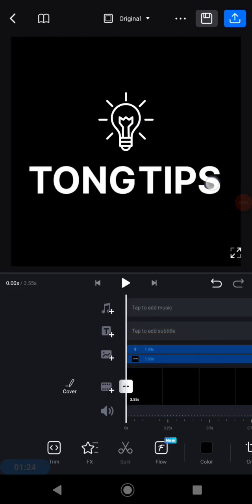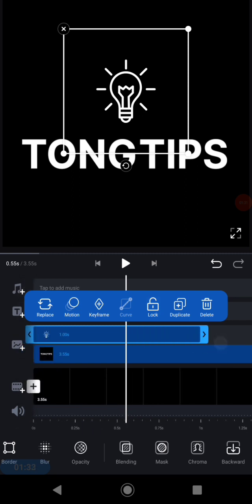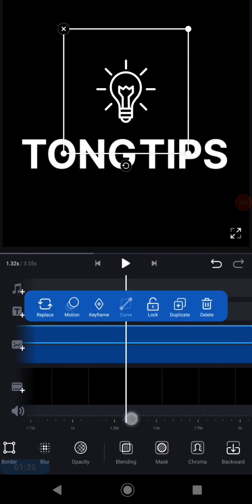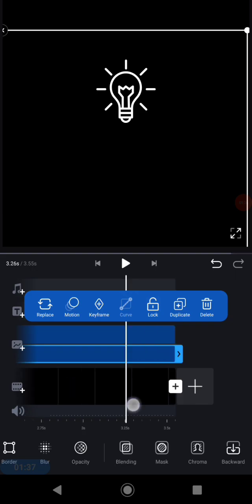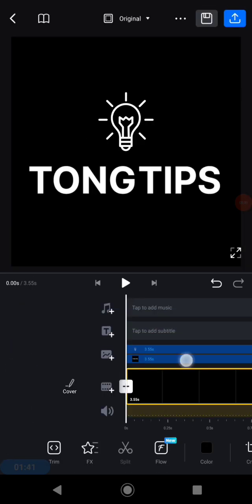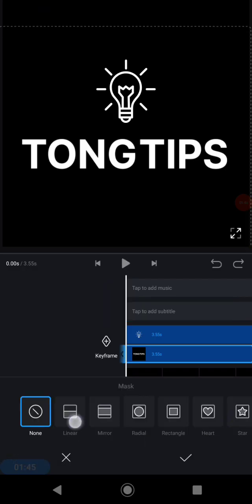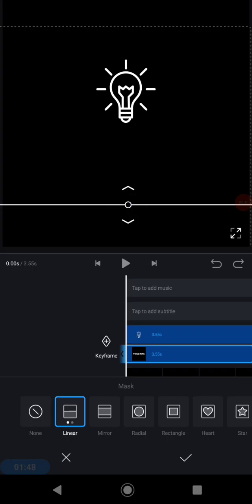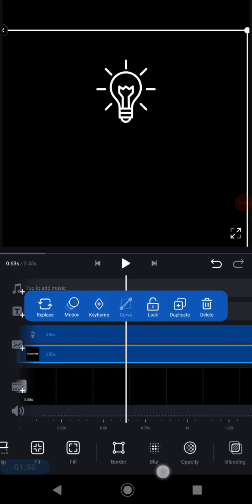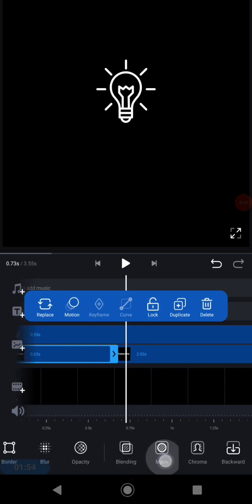And after that, let's try to make it have a motion. To make this logo have a motion, first you need to add a mask. And for example, I would like to try adding a mask onto the text like this, and then split the text like this. Now I have to